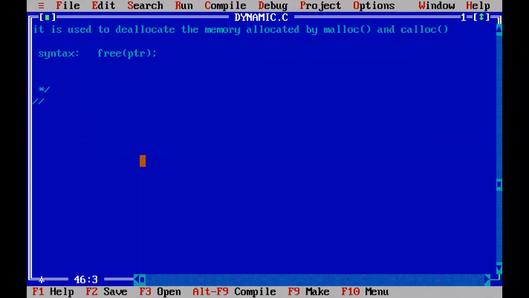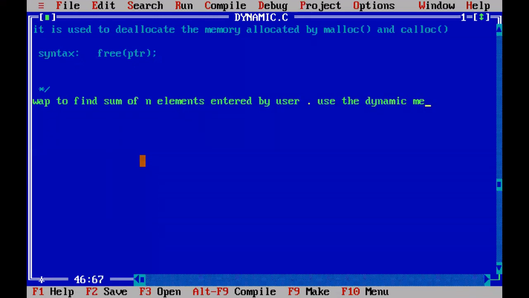Write a program to find the sum of n elements entered by the user and use dynamic memory allocation.